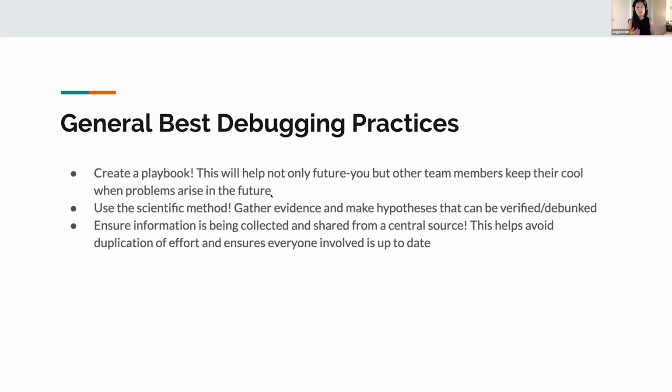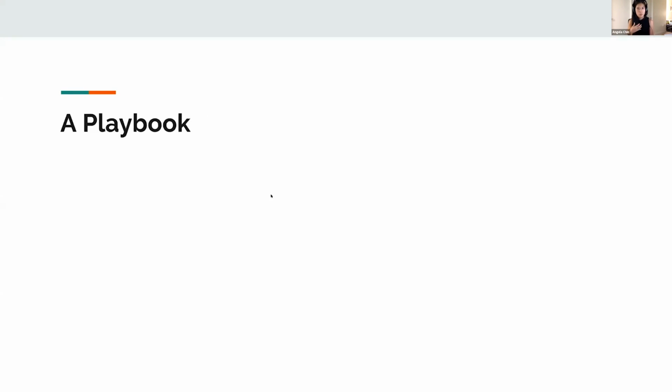So given those general debugging best practices, I wanted to talk about the playbook that I specifically use for debugging problems in the networking stack. The first thing that I always like to do, whether it's trying to debug something that I've encountered on my own or debugging a problem that somebody else has presented to me, is create a problem statement that's agreed upon. This might seem a little bit silly,